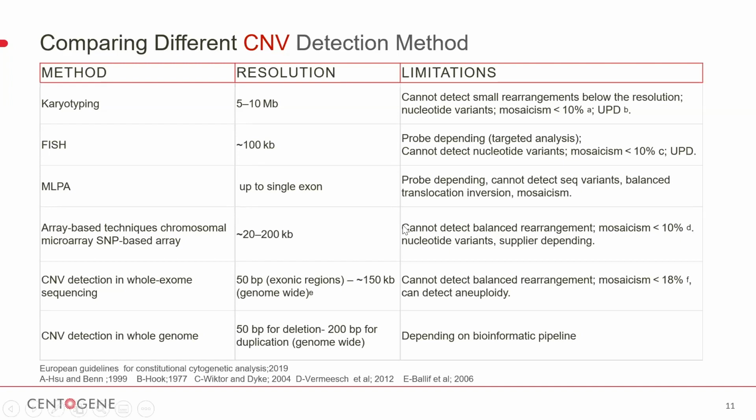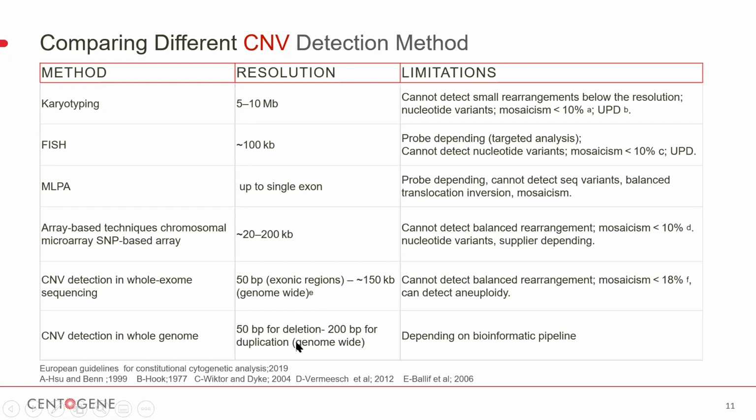And so this cannot be tolerated according to the patient's needs and according to his mutations. So we will come to the last two recent additions to the detection methods for copy number variants, which is through the whole exome sequencing platforms and through the whole genome sequencing platforms. They are capable of detecting different resolutions, starting from a single exon of 50 base pairs, up to genome-wide 150 kilobases.